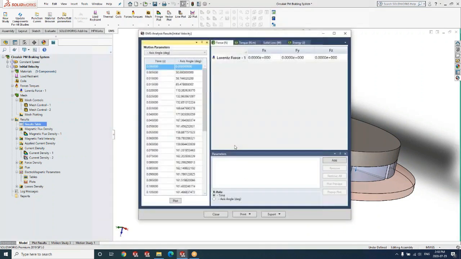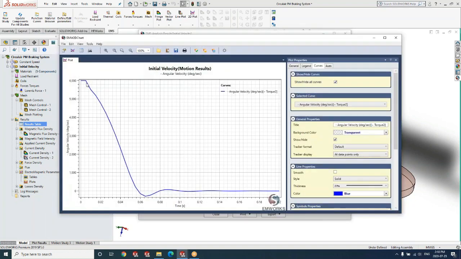The first objective that we have is how does the angular velocity of the disk behave as a function of time. As you notice here, the angular velocity starts at 6,000 degrees per second, and within 60 milliseconds, it reaches a value of 0. So basically, this braking system is able to bring the copper disk rotating at 6,000 degrees per second to a stop in less than 60 milliseconds.